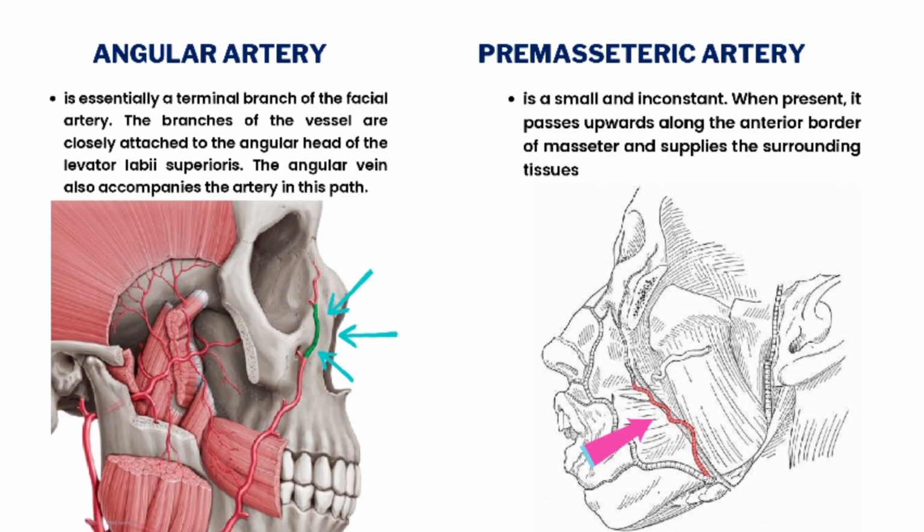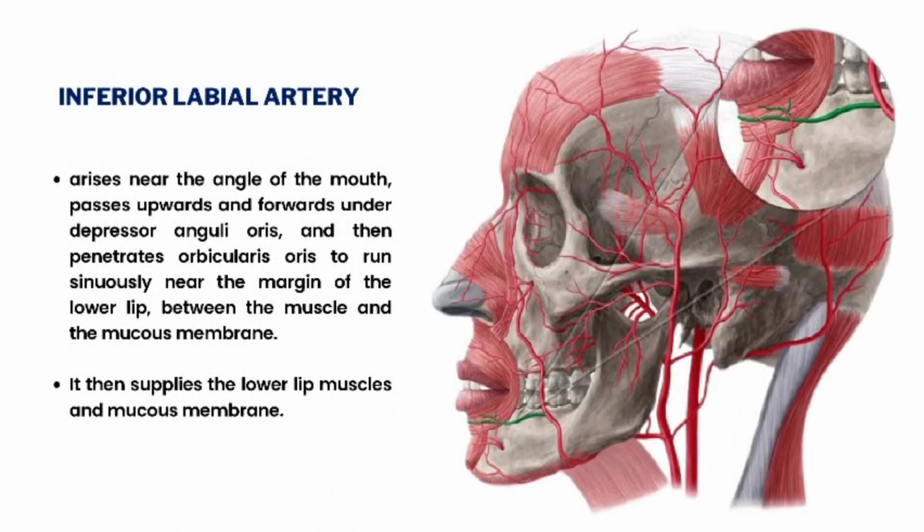Premasseteric artery is small and inconstant. When present, it passes upwards along the anterior border of the masseter and supplies the surrounding tissues. Inferior labial artery arises near the angle of the mouth, passes upwards and forwards under the depressor anguli oris, and